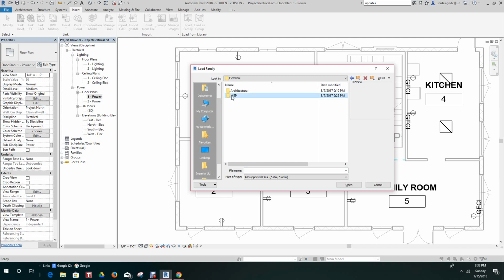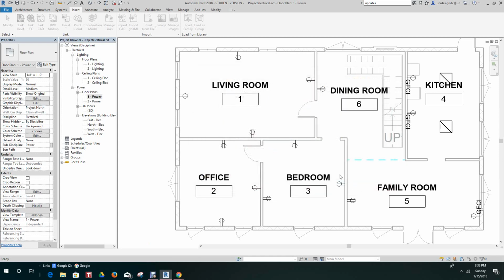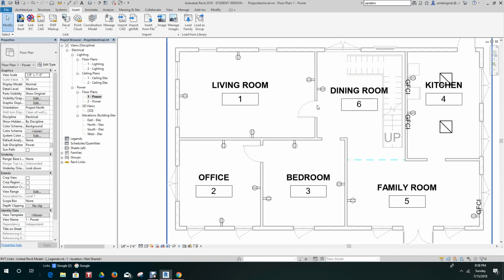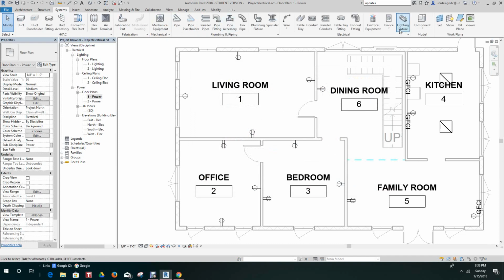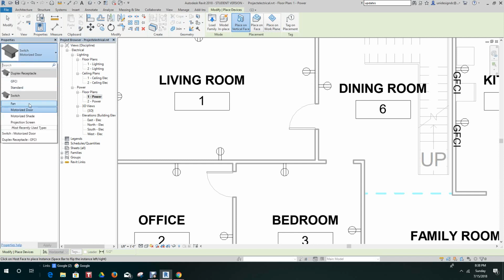MEP again. We go to electric power and we'll go to terminals. We'll have switch. We'll open. Now we want to go back to the system tab and our switch should be there. There's our switch. No, we don't want a motorized door. We just want a regular switch.